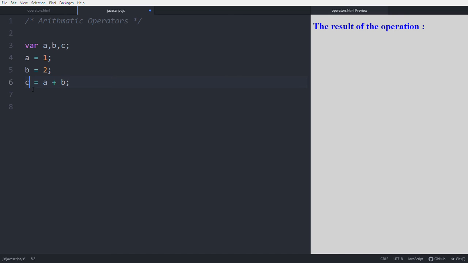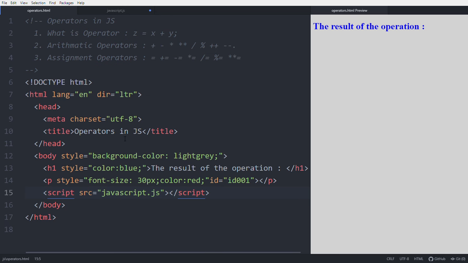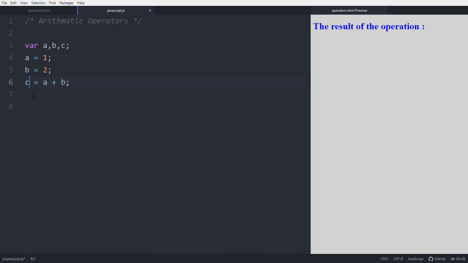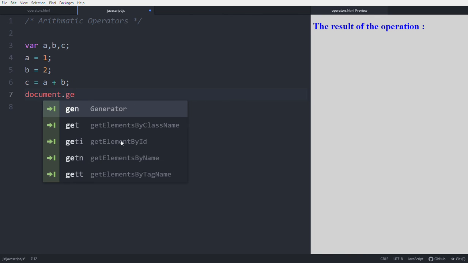Now print the C value. For printing the C value, we are accessing this element, this paragraph with the ID 001 in JS. See, this is document.getElementById.